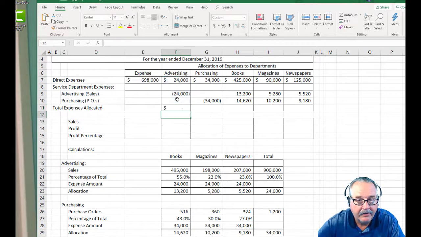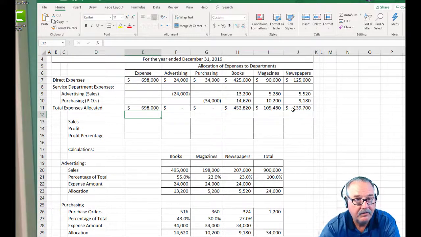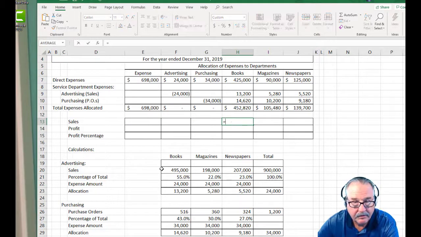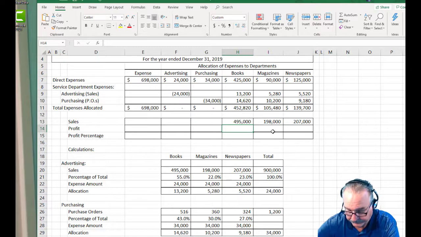I've zeroed out advertising, I've zeroed out purchasing, and the 3 operating departments have absorbed all of the expenses from the 2 service departments so that we have them in total. So if I drop in the sales for books and the sales for magazines and the sales for newspapers, I can